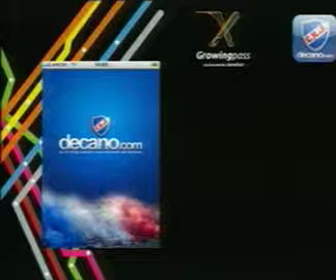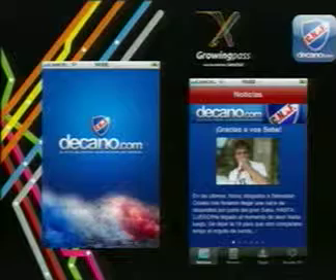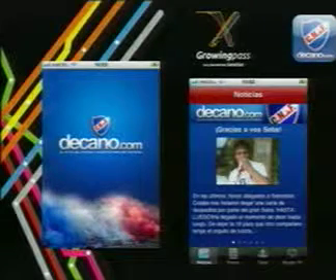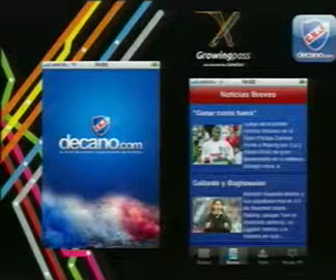And I go to my computer and start reading Decano.com, which is the Nacional soccer team website, a site for all the fans of the soccer team called Nacional, which is the best team in Uruguay, as we all know. My idea was to have it on my phone so that I didn't have to log on from my computer.